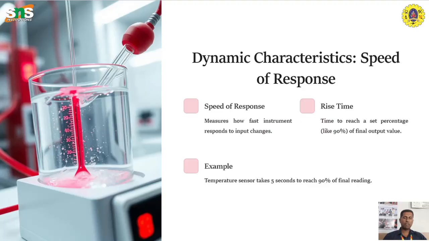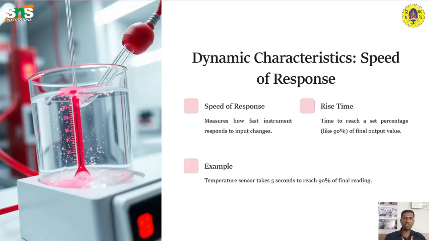So the first parameter which we are going to see in the dynamic characteristics is speed of response. Speed of response means how fast your instrument can measure with respect to the changing parameter. Right? So how fast the instrument responds to the input changes. If it is responding very fast, then your instrument is a reliable one. If the parameter is changing very quickly, but the measurement takes place very slowly, then it is not